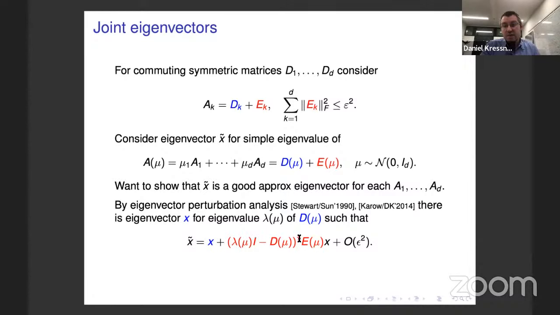And there's a term here which looks dangerous. We have the pseudo-inverse. So lambda(mu) is an eigenvalue of D(mu), so lambda(mu) times identity minus D(mu) is going to be singular. If you think of D(mu) as a diagonal matrix, at one point it's going to be 0. That's where lambda(mu) has been picked up, and at all the other entries you are going to have reciprocals of eigenvalue gaps. That looks a bit dangerous,